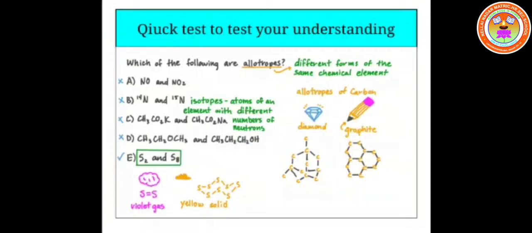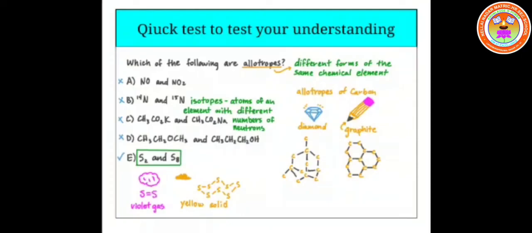Isomers we had studied, no? What do you mean by isomer, children? Listen very patiently, okay? See here, coming to the fourth option, what are isomers, children? Isomers are the compounds which have the same molecular formula but different structural formulae. The functional group may be different. We have got the position isomer, chain isomer, some are linear, some are branched, metamerism, tautomerism. Okay, so here they are functional isomers.